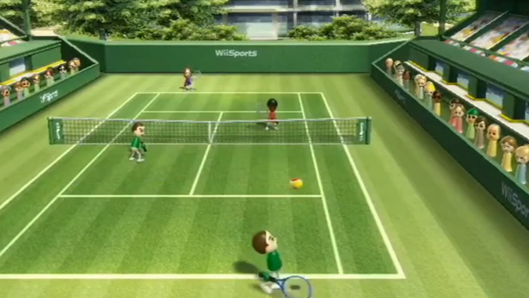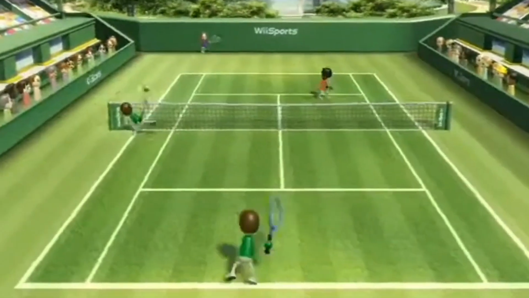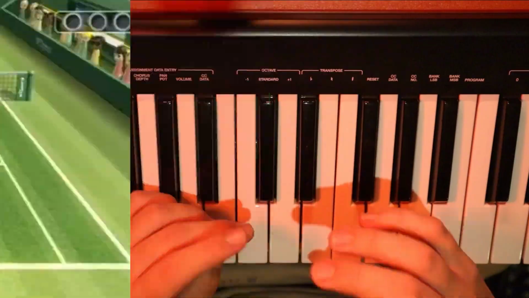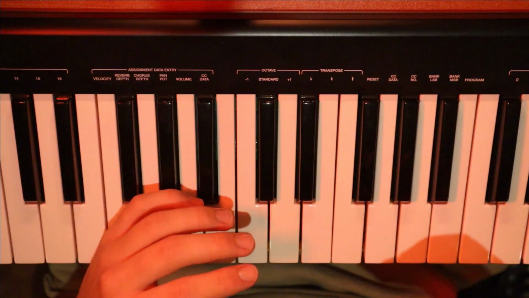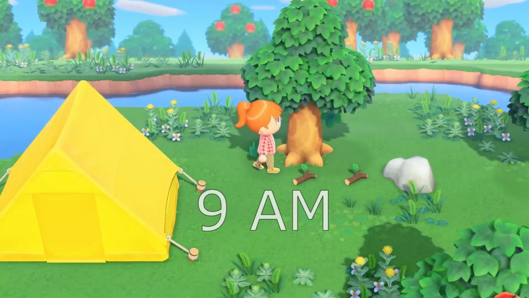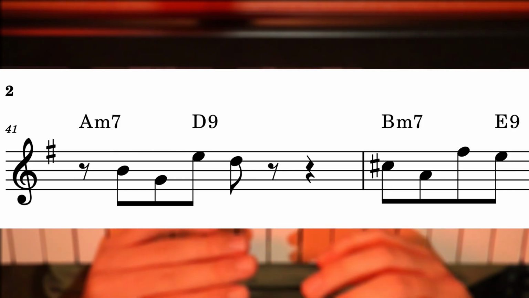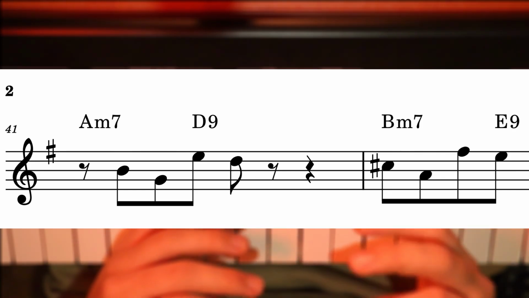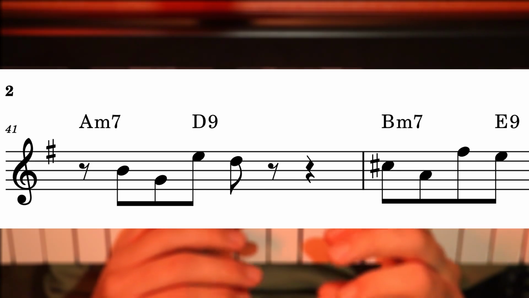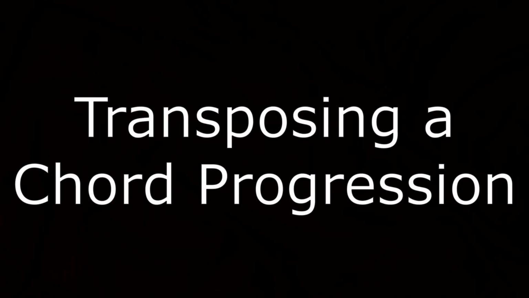Nintendo have produced some of the most iconic songs in video game history by using chords, and Animal Crossing's 9am song is a perfect example of this. Within the first two bars, we can see one of Nintendo's most well-known songwriting tricks, and that's transposing a chord